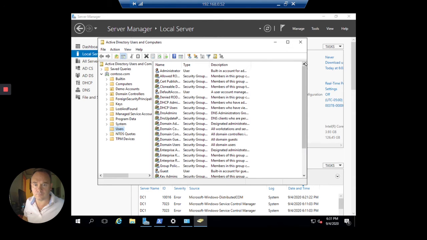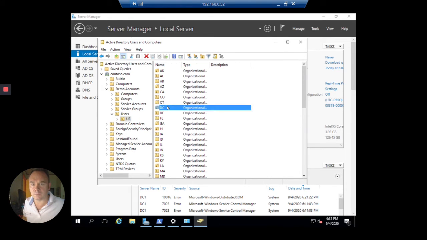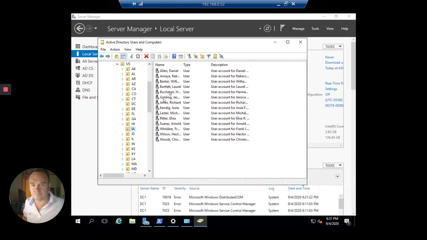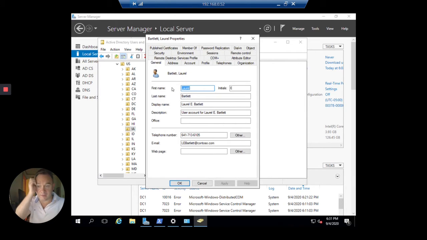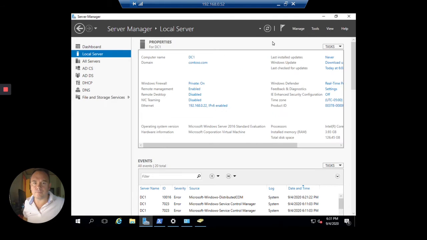We should have a bunch of users already created, all separated out by organizational units, and in this case, the states. Very good. And this makes it easier to manage your user accounts. So let's say